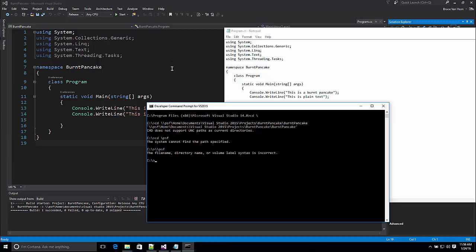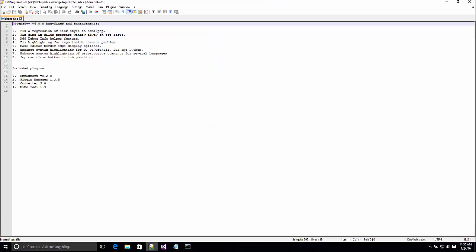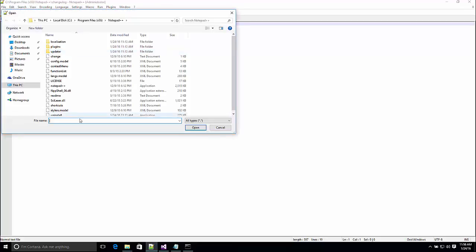Now let's look at something in between Notepad and Visual Studio. And I actually advocate that everybody have a text editor like this on your system, because there are times when it's just handy to be able to make a quick edit to a file. You don't need to do a build. You don't need to do anything fancy or IDE-ish. This is an intermediary. So what we can do on this one is we can open a file,